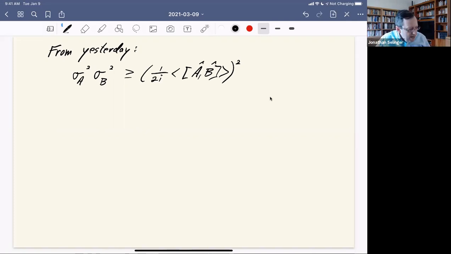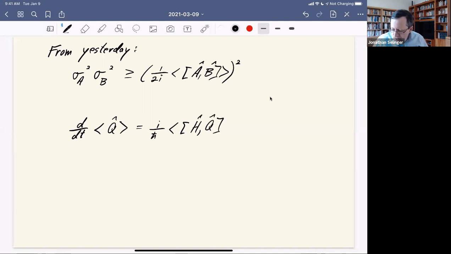That relation is that the time derivative of the expectation value of Q is equal to i over h bar times the expectation of the commutator between the Hamiltonian and Q, plus this other weird thing that I don't like to talk about, but it's in the book. I'm going to cross off this weird thing. All right, so